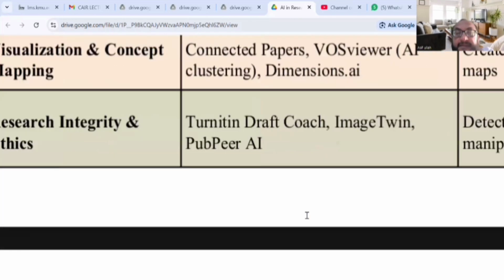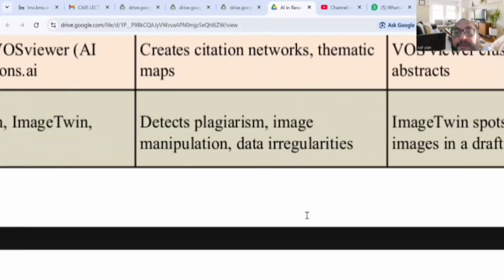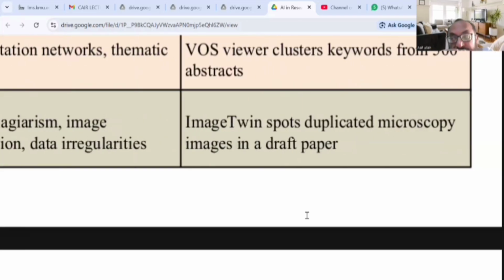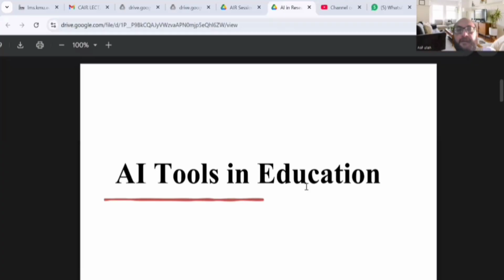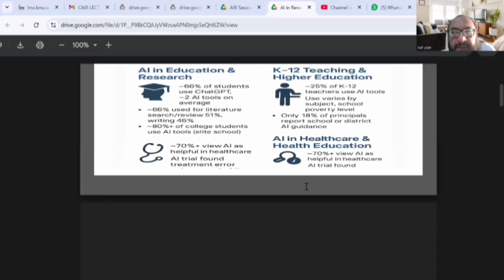Research integrity and ethics: Turnitin Draft Coach, Imagetwin, PubPeer AI. They detect plagiarism, image manipulation, and data irregularities. Imagetwin spots duplicated microscopy images in a drafted paper. There are specific AI tools for education. So there are some of them, we will discuss them